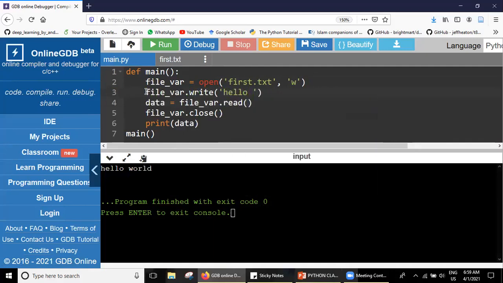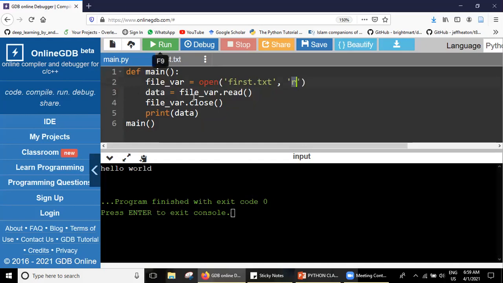In the last program, we wrote it to that file. In this program, after the creation of the file, it was written. After writing, we are reading it now.